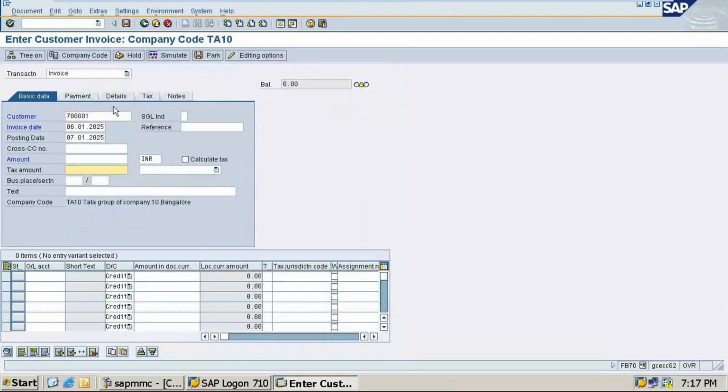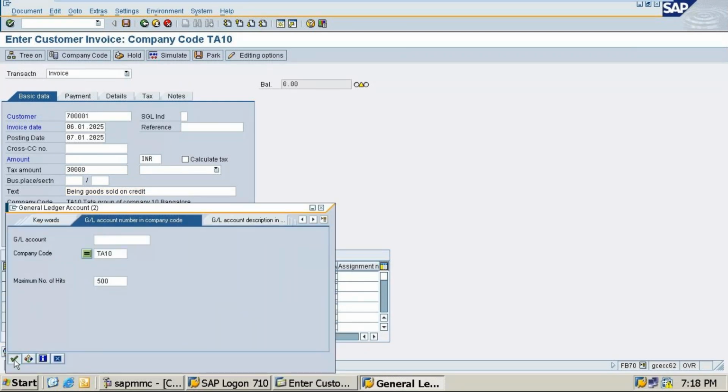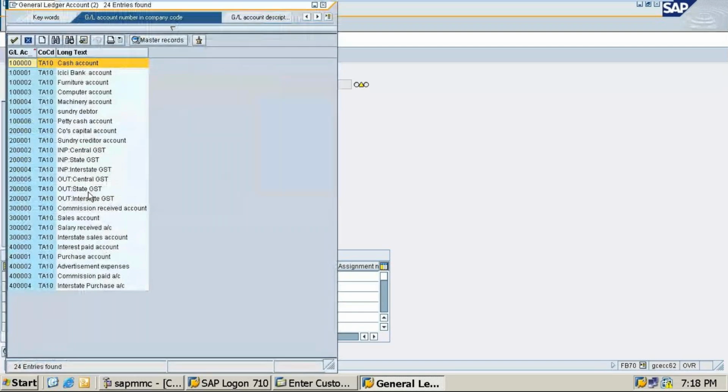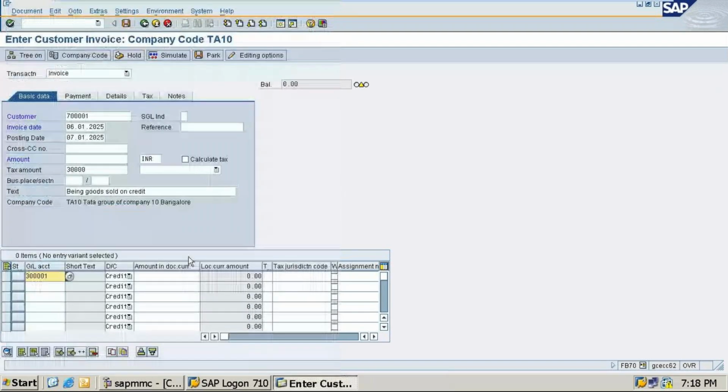Amount up to 3,000. Being goods sold on credit. Then this is your sales account. Once you click on the sales account, it is getting saved. Amount you can put here 3,000. I gave 30,000, sorry, this is 3,000 students.